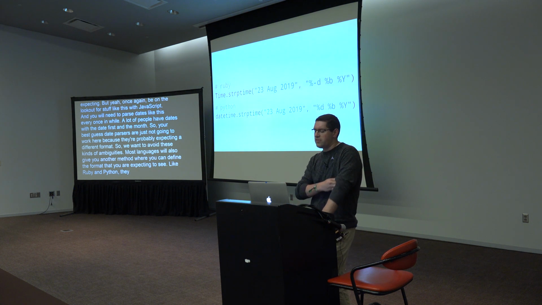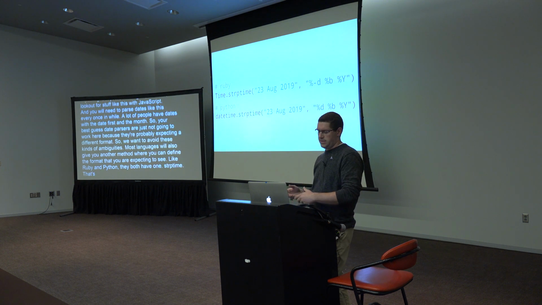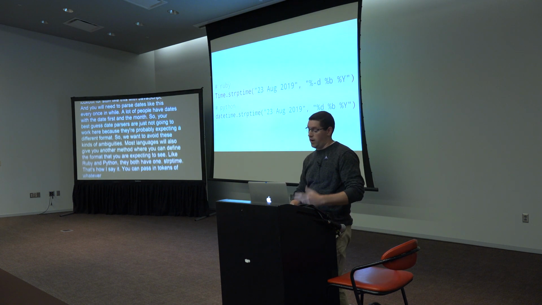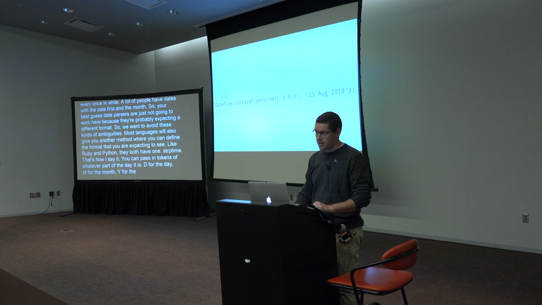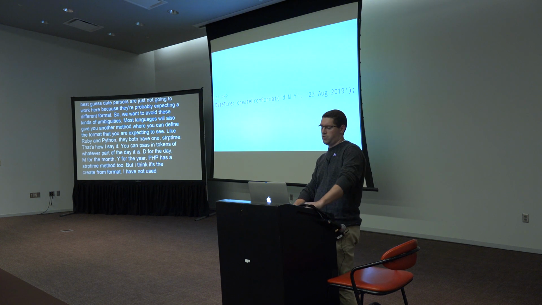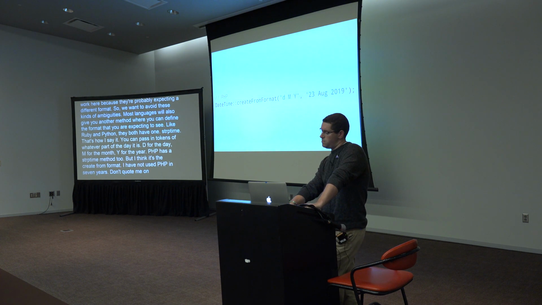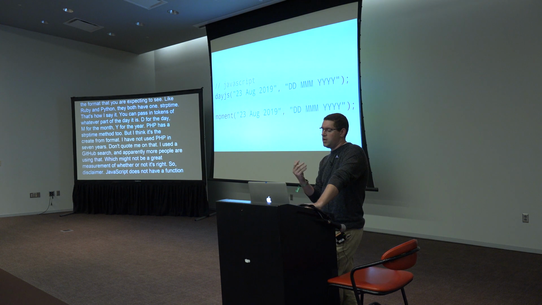Most of these will let you pass in that format as tokens of whatever part of the date it is. So like D for the day and M for the month, Y for the year. PHP has a strptime method too, but I think the more preferred method is createFromFormat. I have not used PHP in 7 years, so don't quote me on that. I just used a GitHub search, and apparently more people are using that, which might not be a great measurement of whether or not it's right. So, disclaimer. JavaScript does not have a function to do this out of the box, so you'll have to use a library